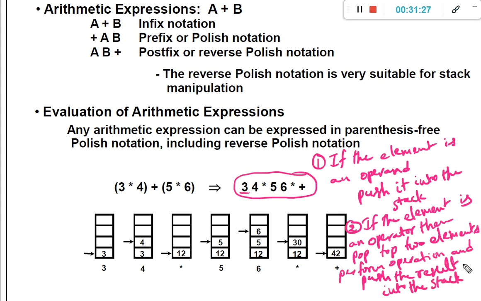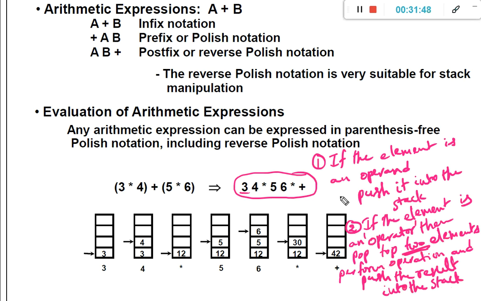Rule number two is somewhat complicated. If the element is an operator, then what to do? Pop the top two elements, not one element, perform the operation, and push the result into the stack.